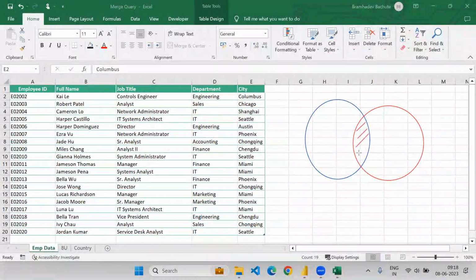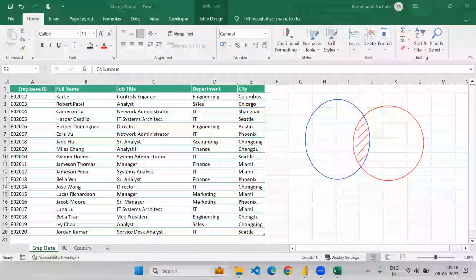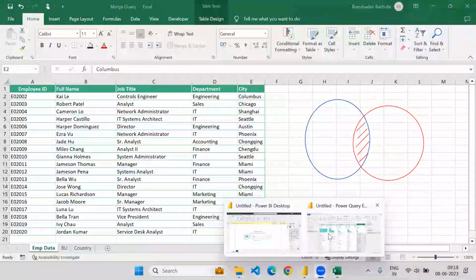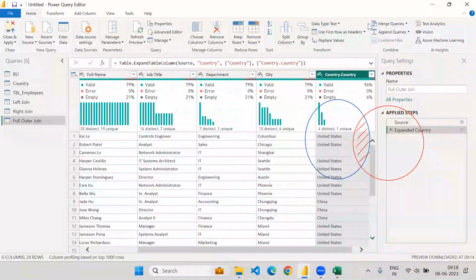Okay, the records that are matching, that exist in both tables. In that case only, if there is a match between the city of the two tables, that record will be pulled, otherwise it is ignored. So we will not get null in this case. If I go and say merge as new,